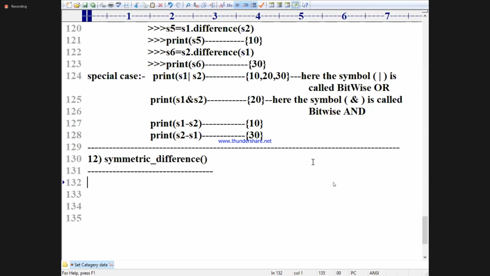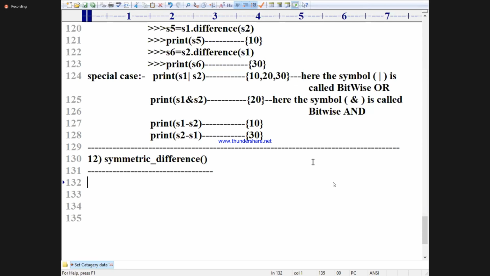What will difference give you? I told you just now. Difference will give you the exclusive elements of set object 1 or the exclusive elements of set object 2, by removing the common elements from set object 1 and set object 2.